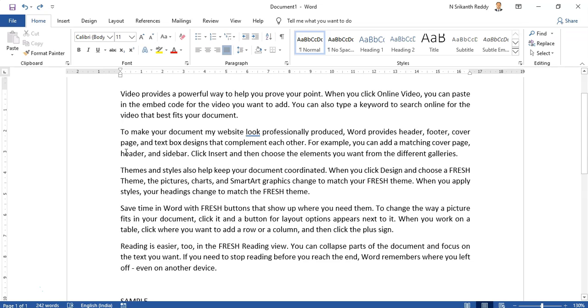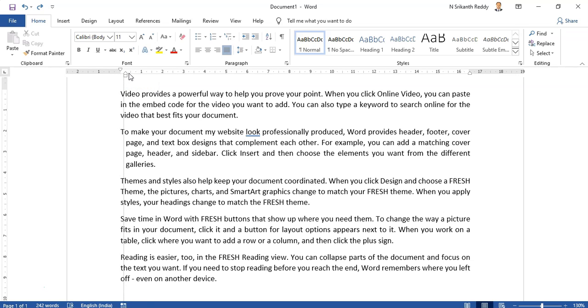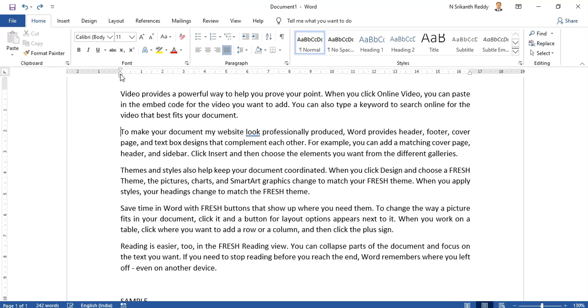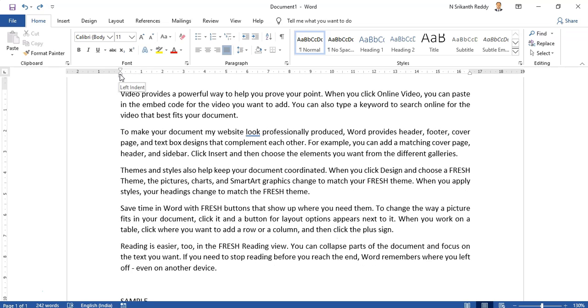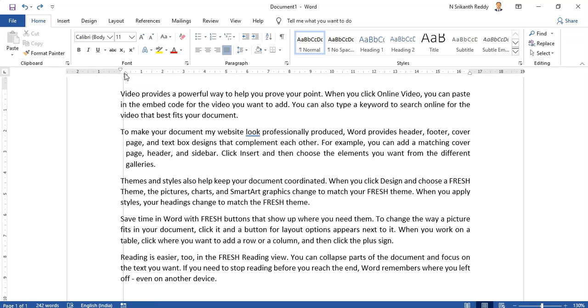Next, if I need a space from the beginning for the rest of the lines, it is called a hanging indent. So let us go to this tab. The upward pointing arrow, let me click, and you can see this is the hanging indent. So this is first line indent, and this is hanging indent.